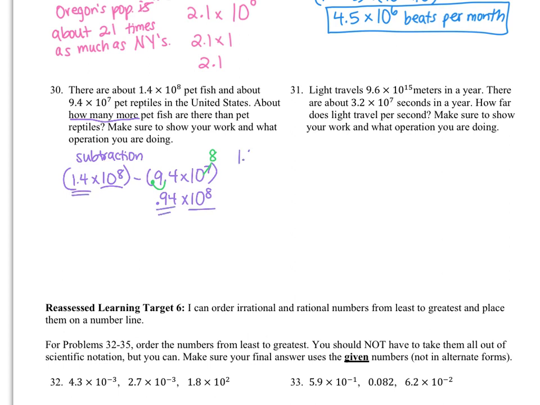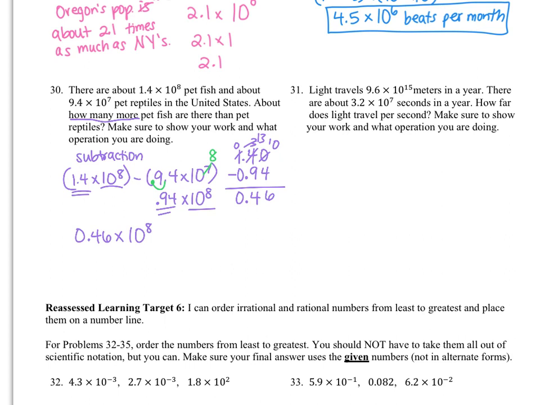So I'm going to do 1.4 minus, you've got to line up the decimals. I'm going to go ahead and put a 0 there to help me, 0.94, and put another 0 here. So I've got to borrow, so 10 minus 4 is 6. I got to borrow again. 13 minus 9 is 4, and then bring down your decimal. So I get 0.46 times 10 to the 8th, and that's my answer, but it's not in scientific notation, so